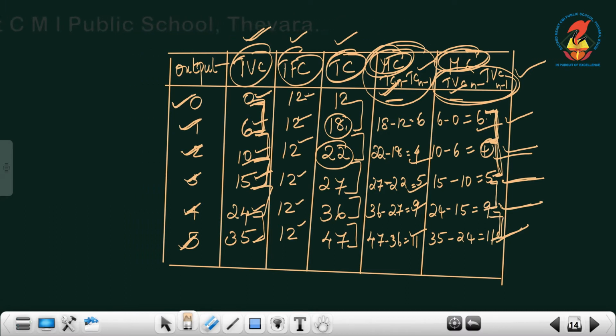So what is the peculiarity of a U-shaped curve? Initially it falls, reaches a minimum point, and after that it starts rising. From where does this MC curve start rising? From this particular point, output level 3, it starts rising, isn't it? So the MC curve is a U-shaped curve like AVC as well as AC. Because you have learned AC and AVC are U-shaped curves. This MC is also a U-shaped curve.